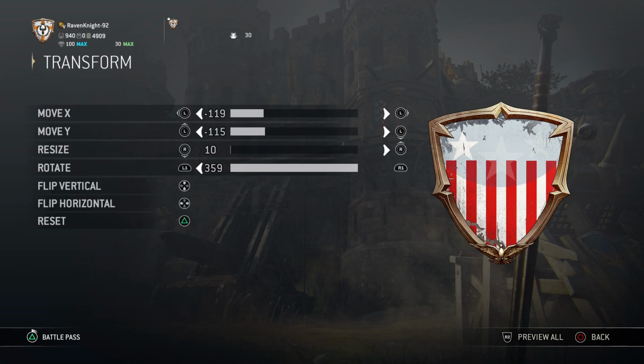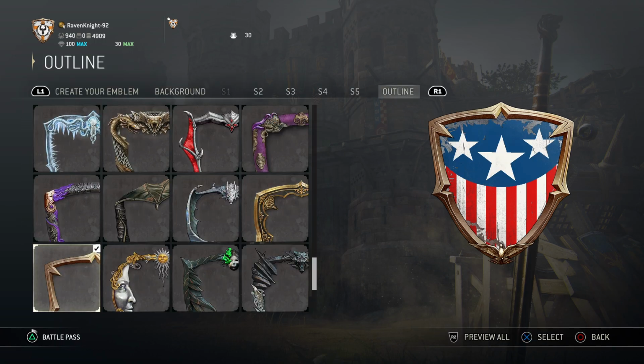This one is going to be negative 119 x-axis. Negative 115 y-axis. Resize at 10. Rotate 359. Honestly, you don't even need to really rotate it. I just had it set there. So there you go. Once you have all that, the last thing you're going to need is the outline, which